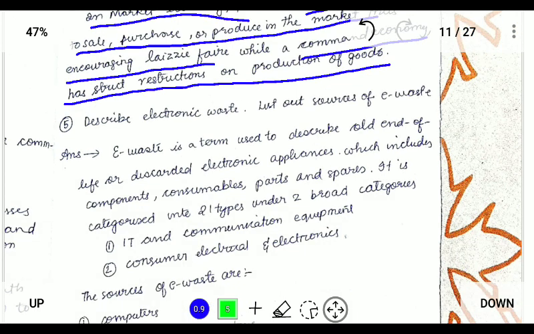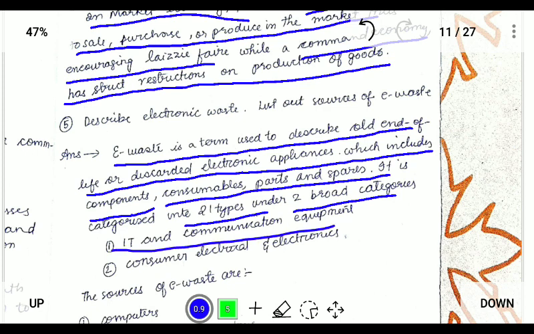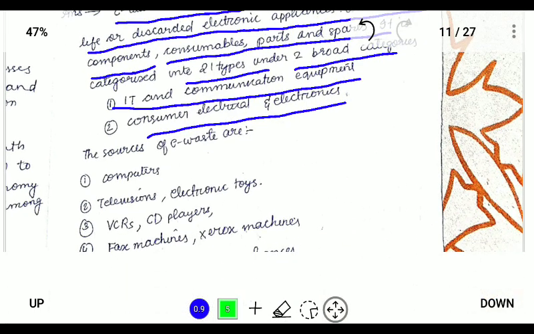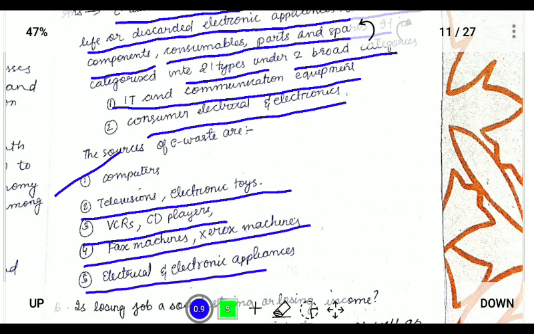Next, describe electronic waste and list out the sources of e-waste. So what is electronic waste? It is a term used to describe all end products or discarded electronic appliances, which include components, consumables, parts, and spares. And it is categorized into 21 types under two broad categories, that is IT and communication related equipment, that is computers, printers, and consumer electrical and electronics, that is refrigerators, switchboards, etc. So the sources of e-waste are computers, television, electronic toys, VCR, CD players, fax machines, Xerox machines, electrical and electronic appliances. And additional information is that